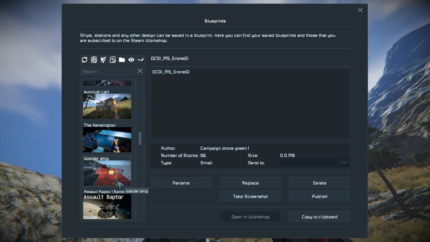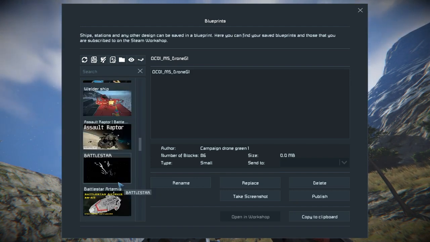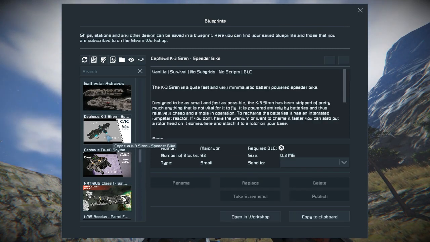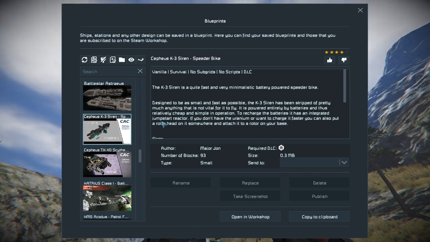But these are all available in the workshop that are showing up, except for maybe a couple of clunky ones. Okay, here's the Cepheus K3 Siren speeder bike. So let's go ahead and grab that. And once we select that, and you can just double click it, you can also open it in the workshop as well, but